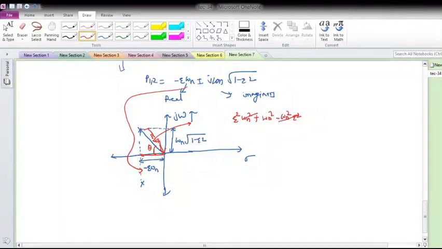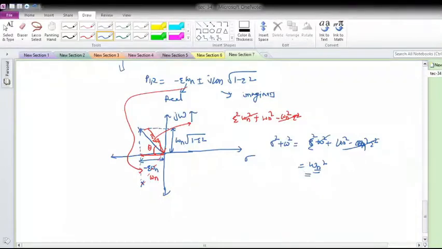So now this is omega n, and here also if I plot for the conjugate pair, this is also omega n. Now if I take the real part square, sigma square, plus imaginary part square, omega square, what will I get? Zeta square omega n square plus omega n square minus omega n square zeta square, which we already did. So real part square plus imaginary part square will be omega n square.